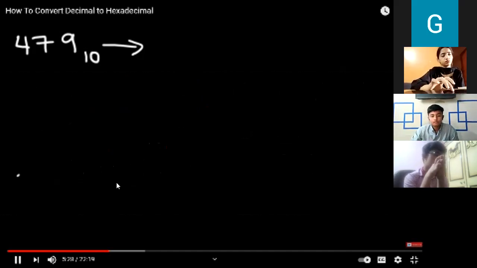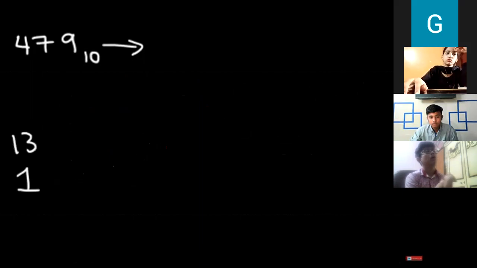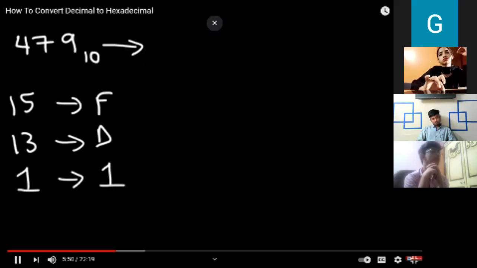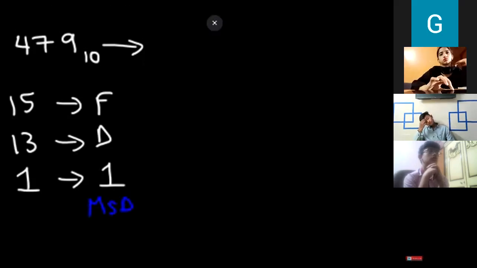So we had 1, 13, and 15. The remainders, you want to convert them to hexadecimal numbers. 1 as a decimal is 1 as a hexadecimal. And based on the chart that we wrote earlier, 13 corresponds to D and 15 corresponds to F. Now 1 is the most significant digit and F is the least significant digit. So we need to write it